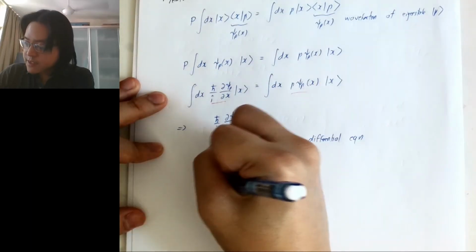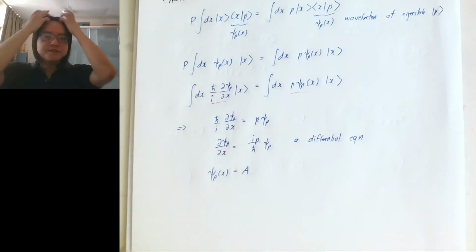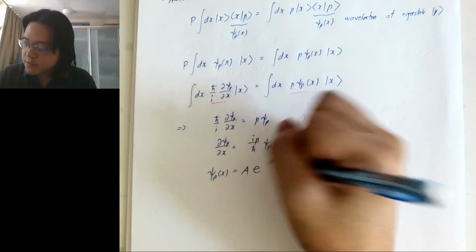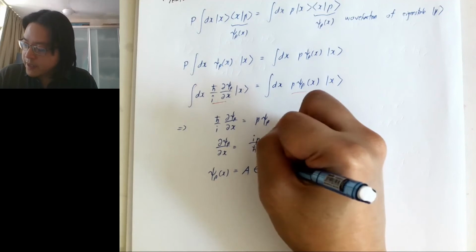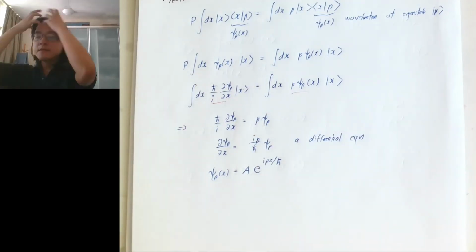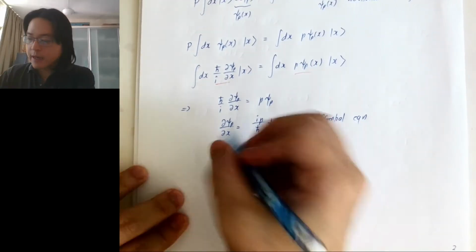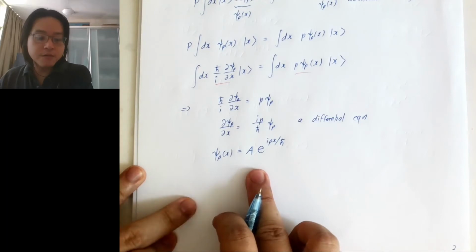So we can solve this, this is the exponential function, so this is e to the power of IPX over h bar. Okay, so this is a constant,